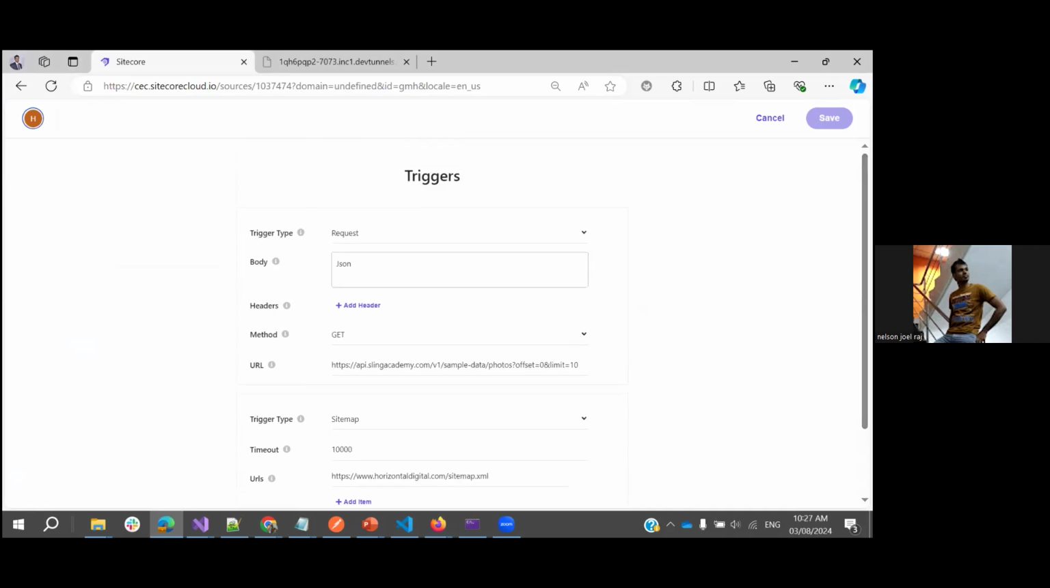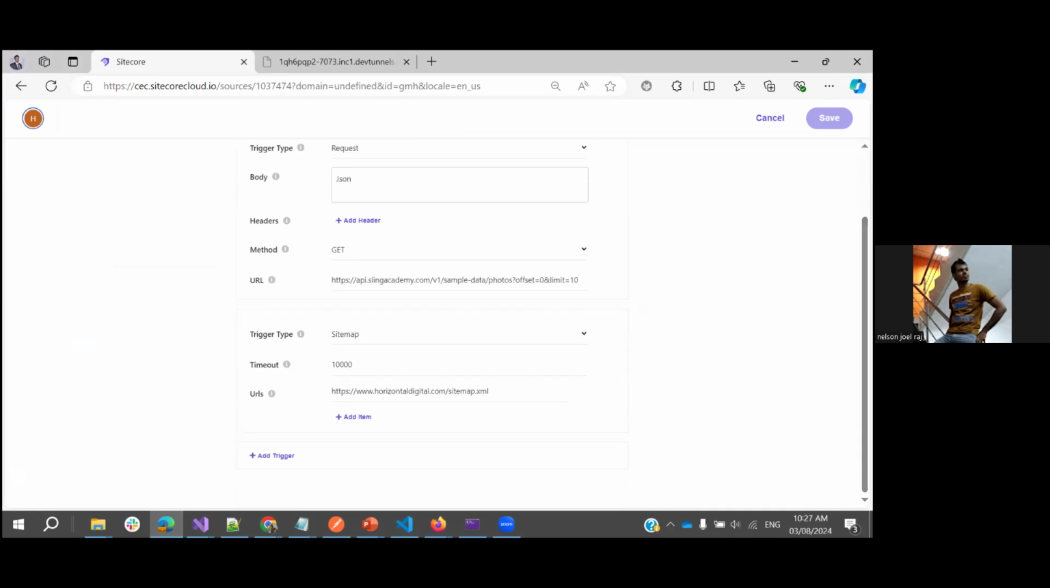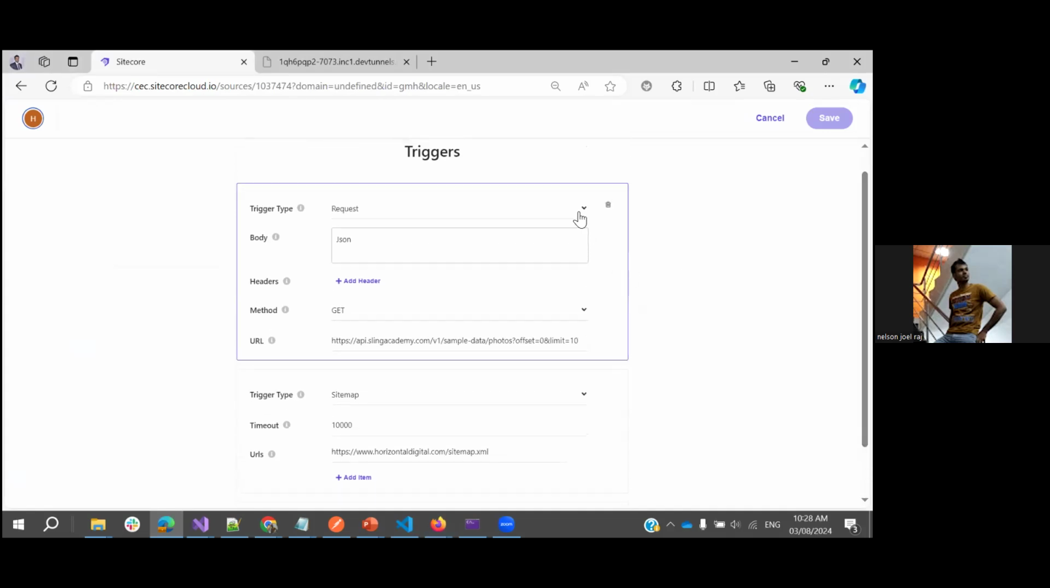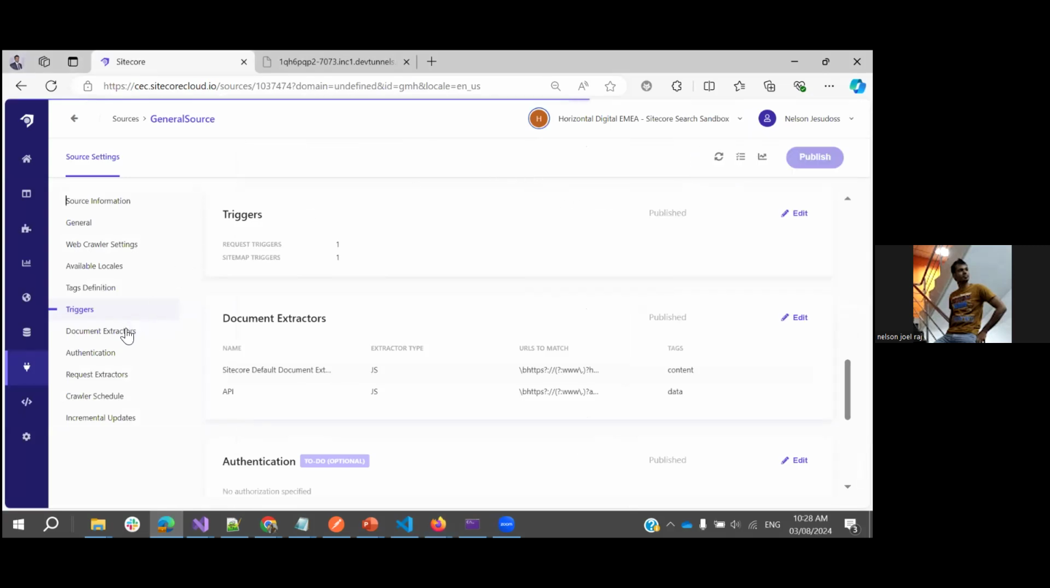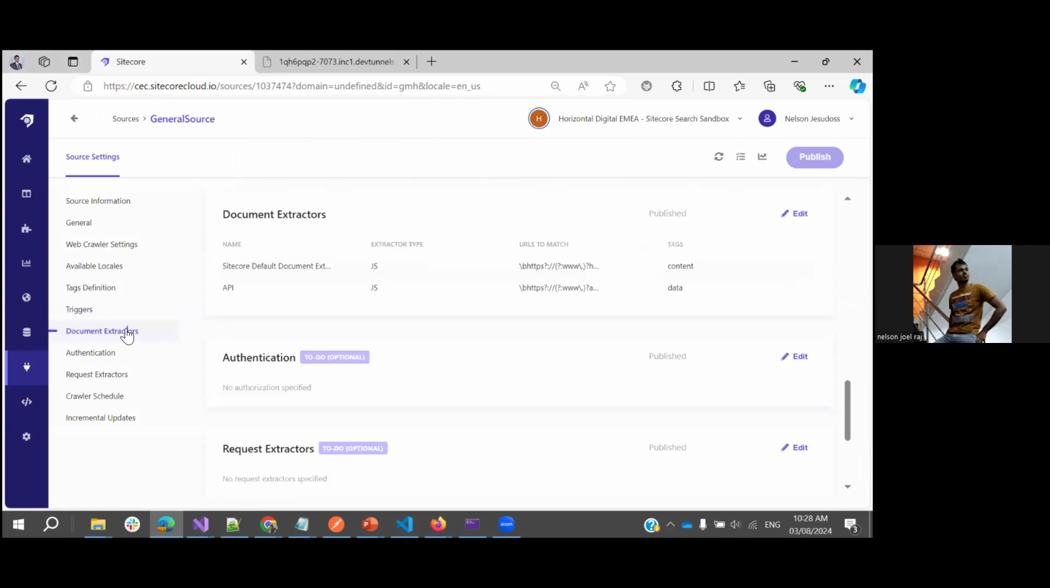So this particular thing has two triggers, and both have a separate configuration. This is a GET request, and if you want to go with a POST request for a different one, we can always do that. It doesn't matter whether we go with GET or POST; in each and every trigger it does not have to be the same, it can be individual as well. So right now I have two triggers, and my job is to target those two endpoints